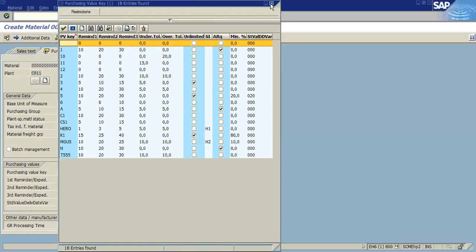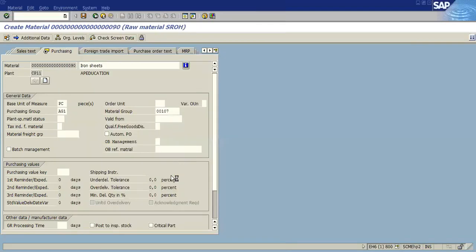So like this you have different reminders, and we also have the tolerance limits: under delivery tolerance and over delivery tolerance. Under delivery and over delivery tolerance are represented in terms of quantity. For example, if you have ordered 10 as a quantity and I specify 10% as the tolerance, how much is 10% of 10?